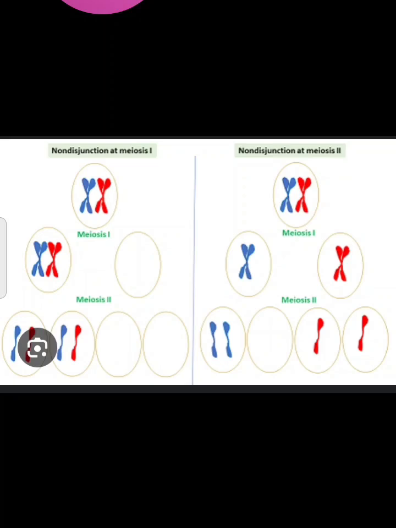So ideally two sister chromatids from chromosome 21 also need to be separated into two daughter cells. So if non-disjunction occurs in meiosis 2, that means two sister chromatids go to the same single daughter cell. Okay, in that case